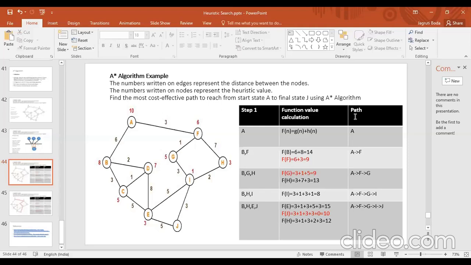First of all, define what h of n is. So it is the number of mismatched tiles in the goal state, right? And calculate h of n, plus you have to consider g of n, since all nodes contain one value. So it is easy to add your g of n.